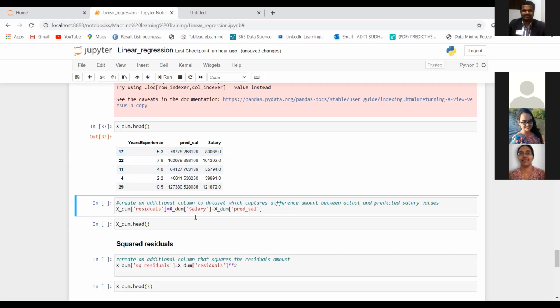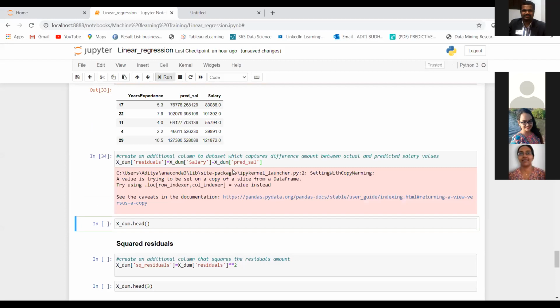Now in the next step, I am calculating this error. This error, we call it the residual. So residual is nothing but the difference between the predicted salary and the actual salary. I'm doing this over here: salary, this column, minus this column, using the minus operator.